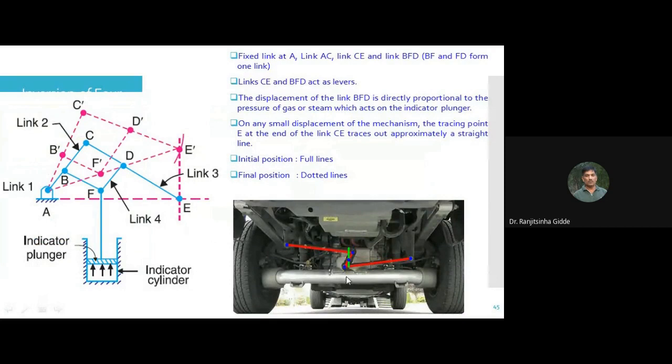So here on the right side, there is one image, and in that one animation is created. So I got this image. Already last time I have shown this. So in this way, this mechanism is acting. So that's a straight line mechanism. This center blue is traveling along the yellow strip or yellow chordal line.